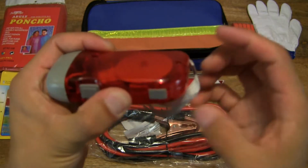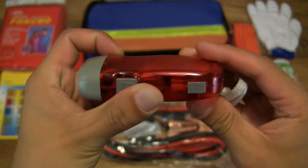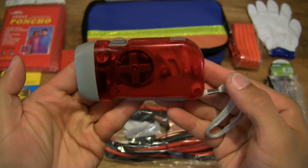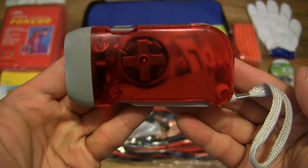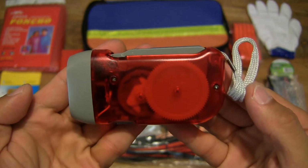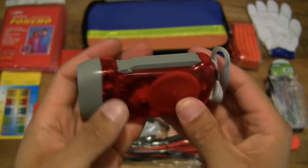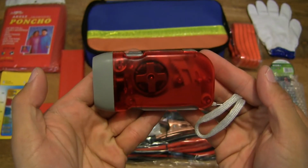And to store away the crank, hold it down and lock that lever in place. It's nice to see the inner workings of the emergency flashlight, the hand operated emergency flashlight or torch. Okay,